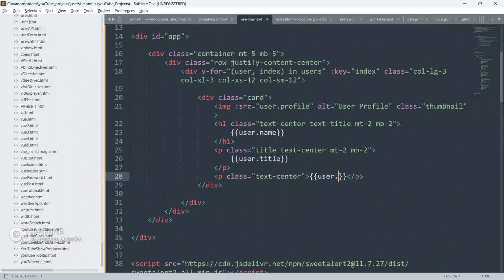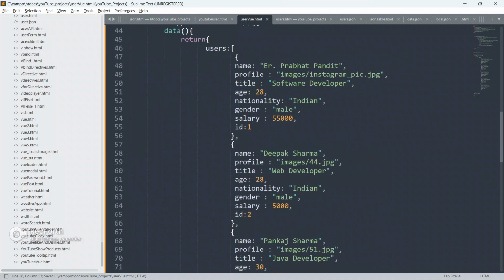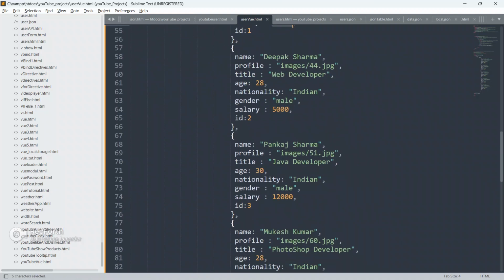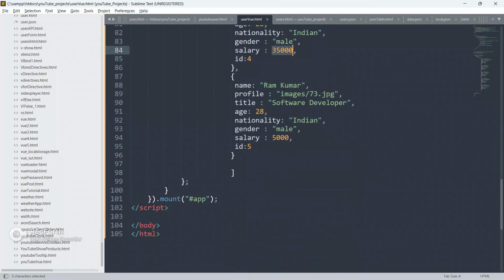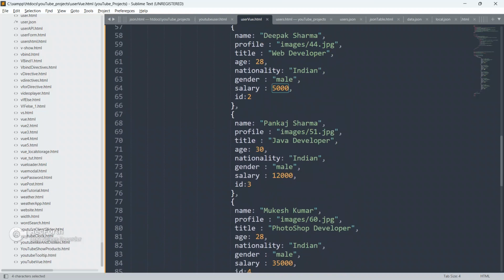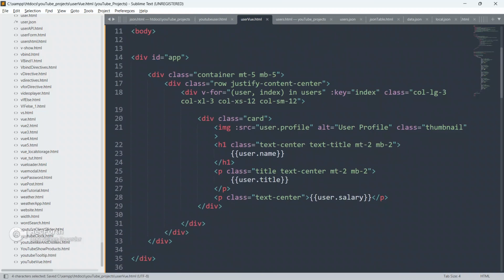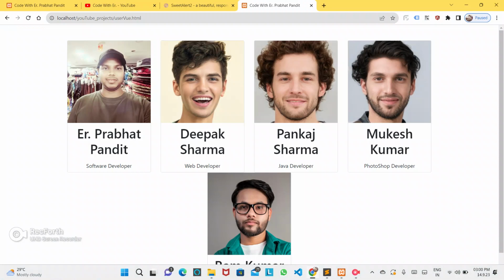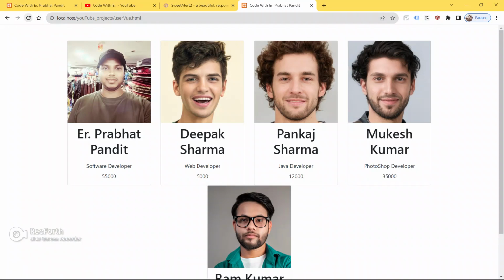I'm gonna do double curly braces here and user dot salary. So it will display this salary, guys. This salary, this salary, and this salary also. Now just save your code, go to the browser and refresh your page.